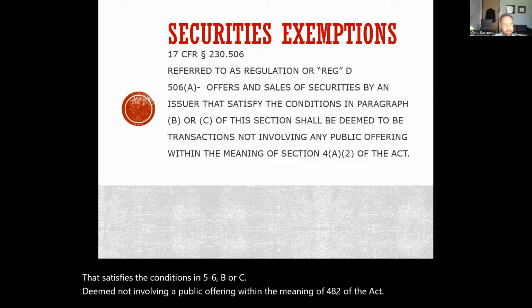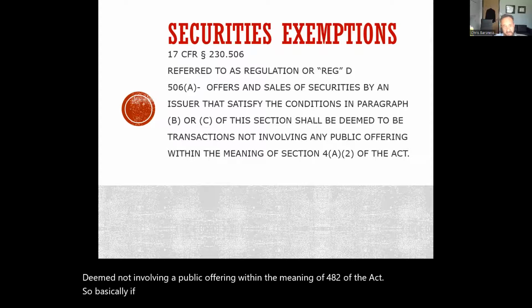So basically, if you conform to 506B or 506C, you don't have to register your stock with the SEC as if it was a public offering,